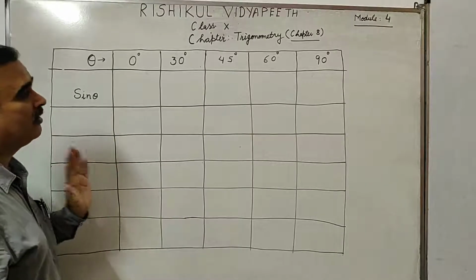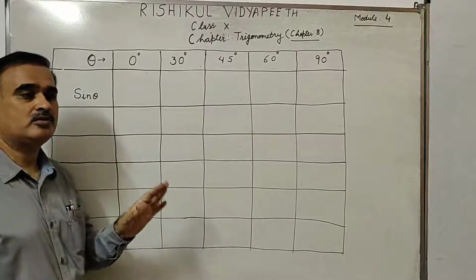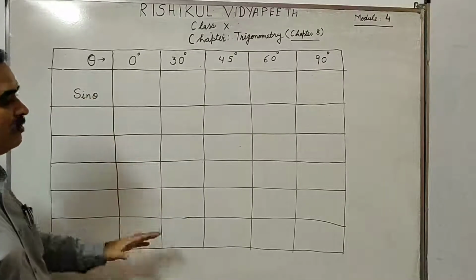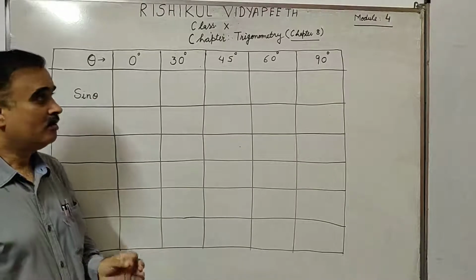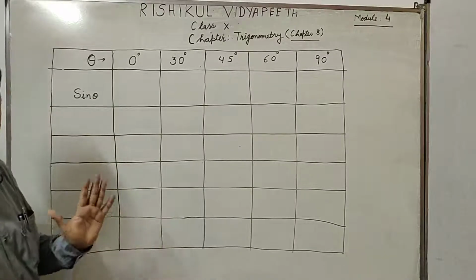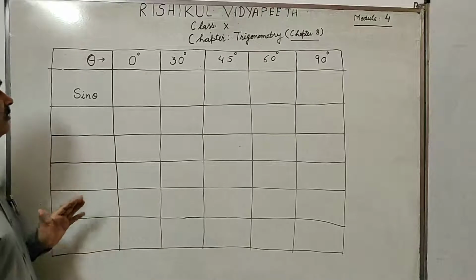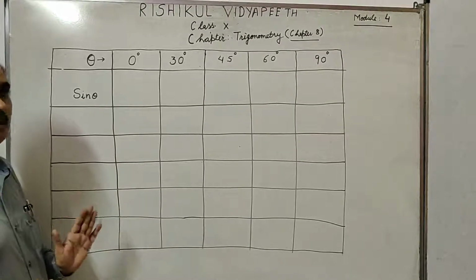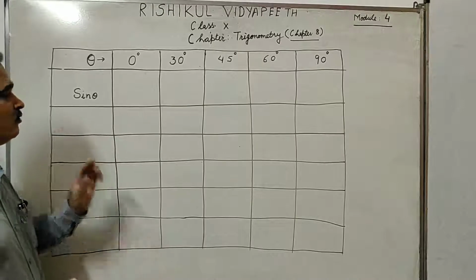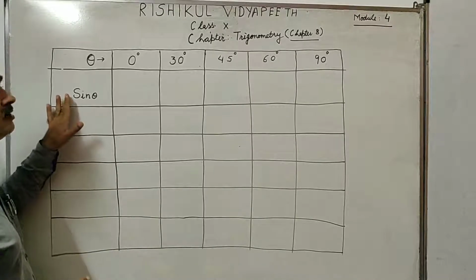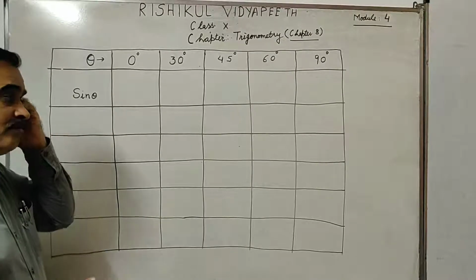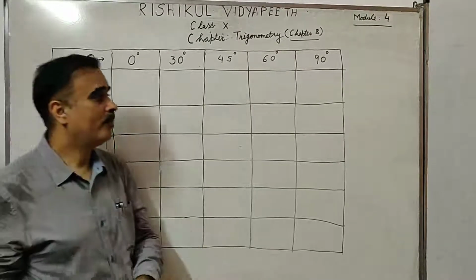This is required. So today we are going to discuss how you can get these values very easily. You see how many t ratios are there, my child. There are 6 t ratios total. Here I am telling you, first of all you find only sine theta. Before finding this, I want that some basics you should know.